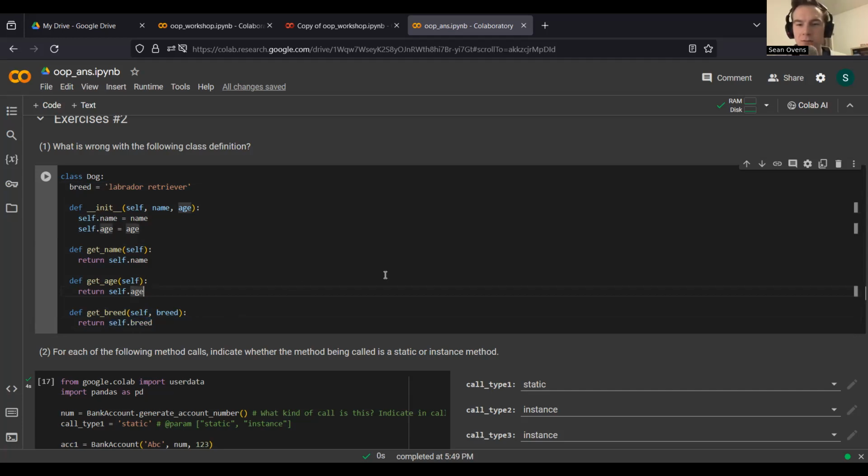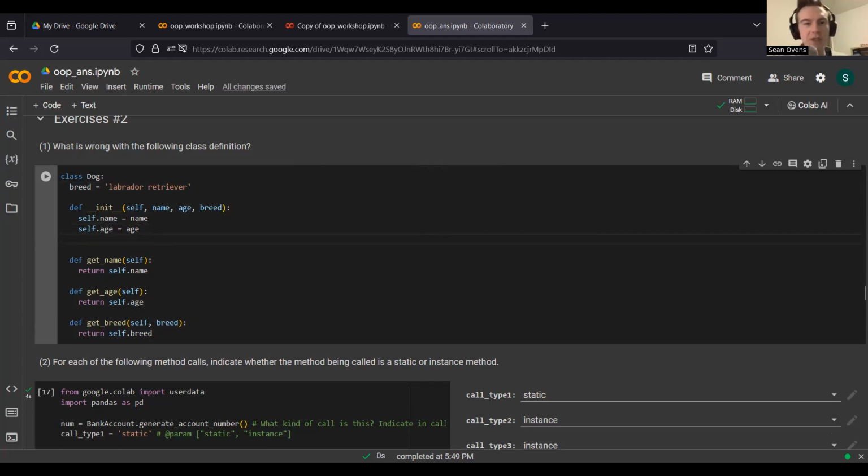More importantly, though, there's a semantic issue rather than a syntactic one here. Breed probably shouldn't be a class attribute, right? Because breed is something that describes a specific dog. I should be able to take breed as an argument to my initializer method. And as was mentioned, I should be setting an instance attribute, self.breed, and setting that to be the